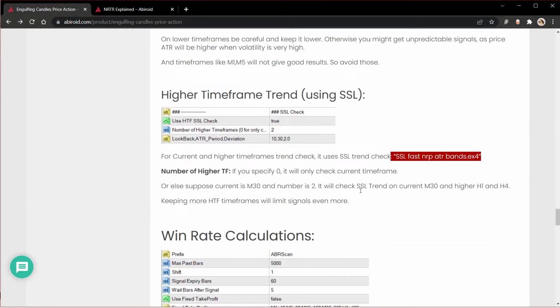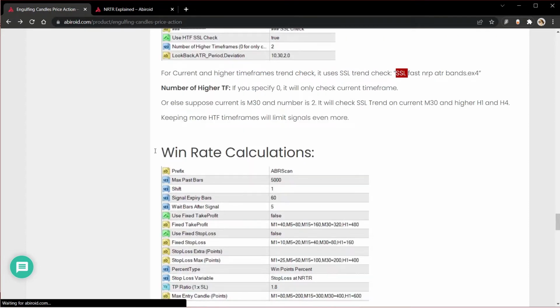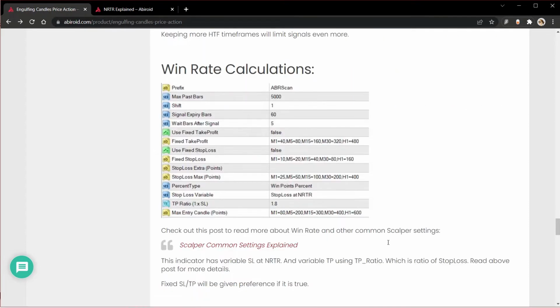And suppose the current time frame is M30. In that case it will check the M30 and it will also check H1 and H4 for the ongoing SSL trend, and it will only allow a signal if that signal direction matches the current trend. I'll talk about the win rate calculations, but all of these are explained in greater detail